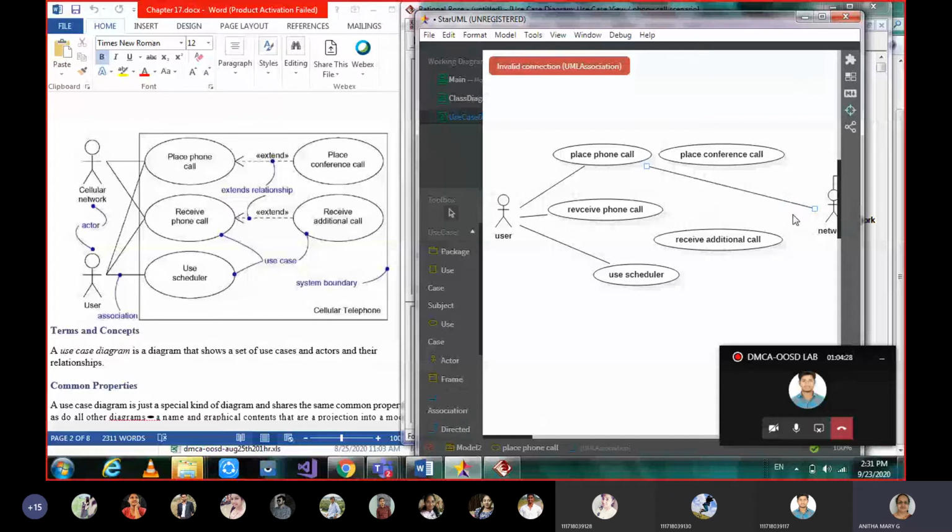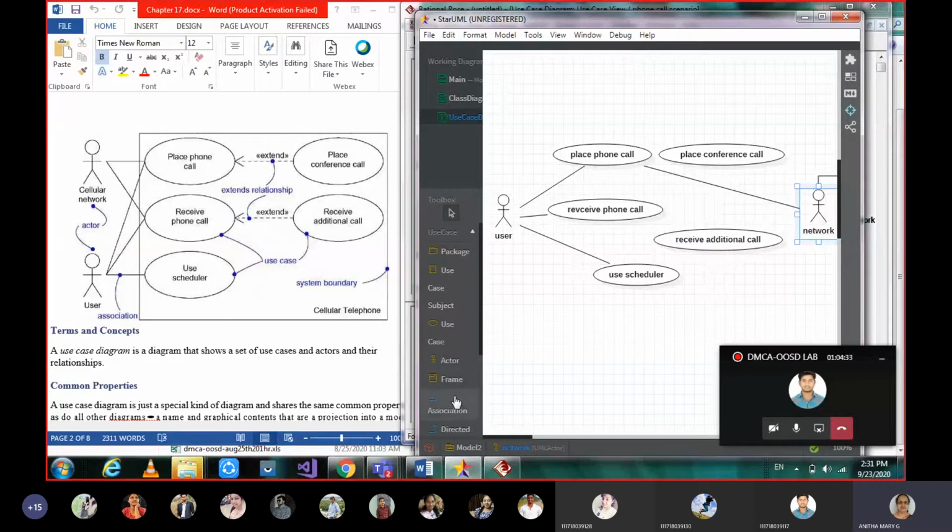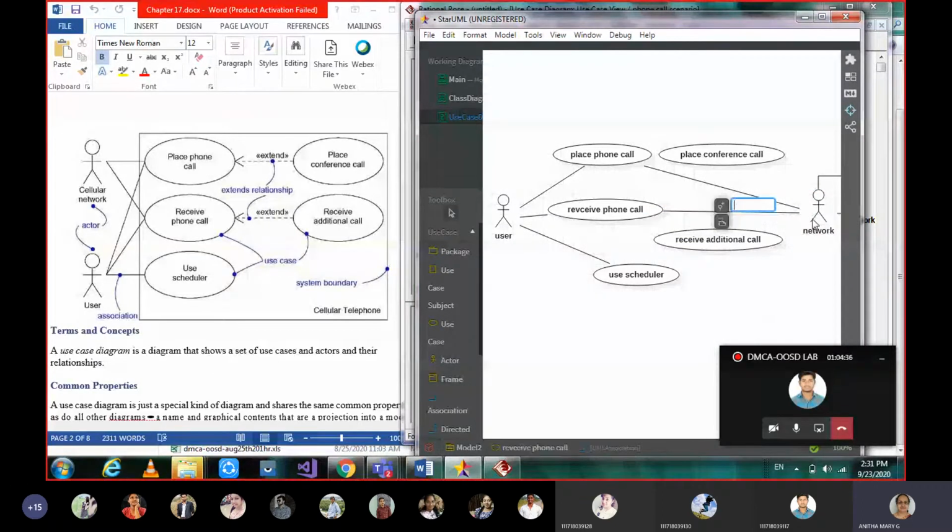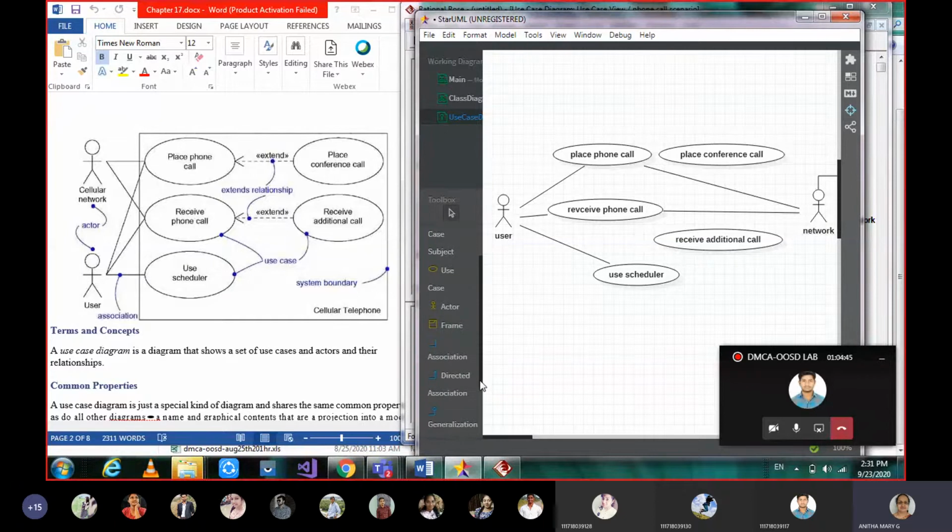It has to start from the actor to the middle of the use case; you have to start there, then only it will take the link. And not only that, we can also give dependency relationships here, based on how the tools are developed.